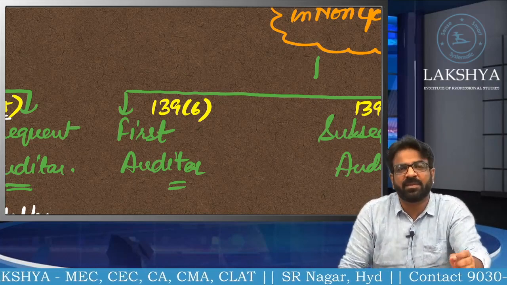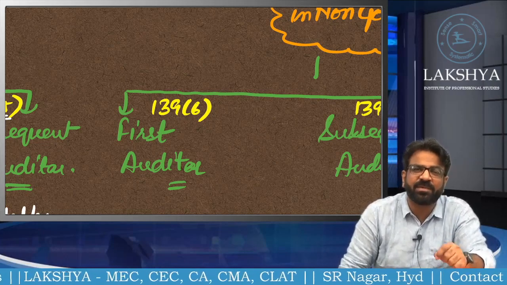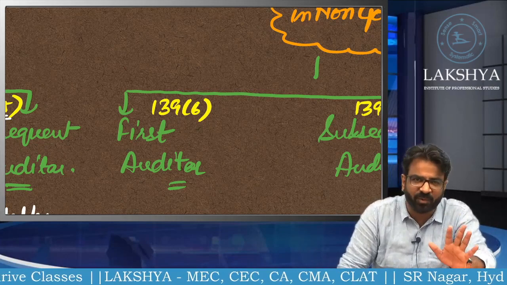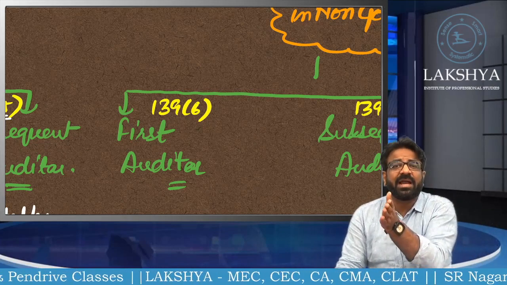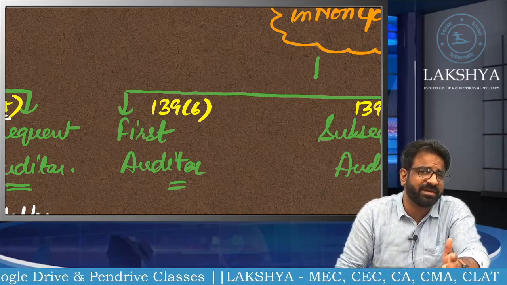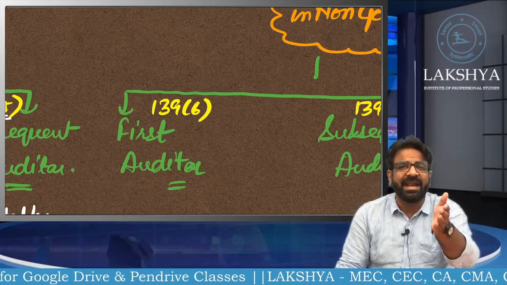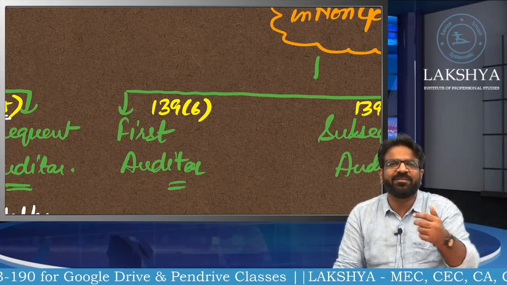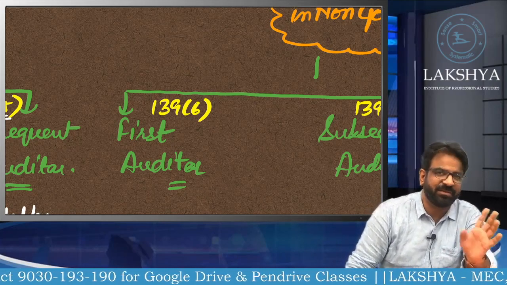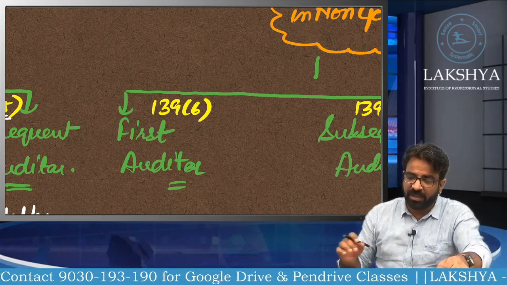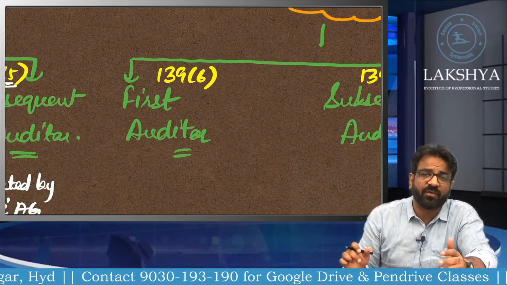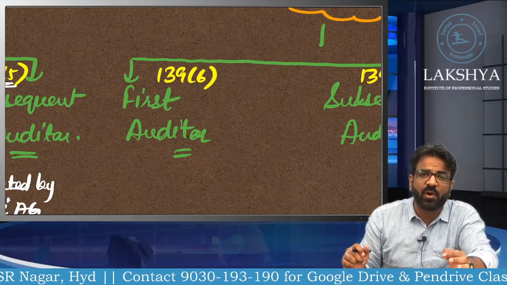A government company is the one in which at least 51% of the paid up share capital is either held by central government or state government or combinedly by both. It means that company in which 51% or more of the paid up share capital is not held by the central government or state government or combinedly by both, that company is obviously known as what? Non-government company. Are you getting the point? So non-government company is a company which is not a government company. Everything clear? Okay? Now we are going to talk about the first auditor of a non-government company.